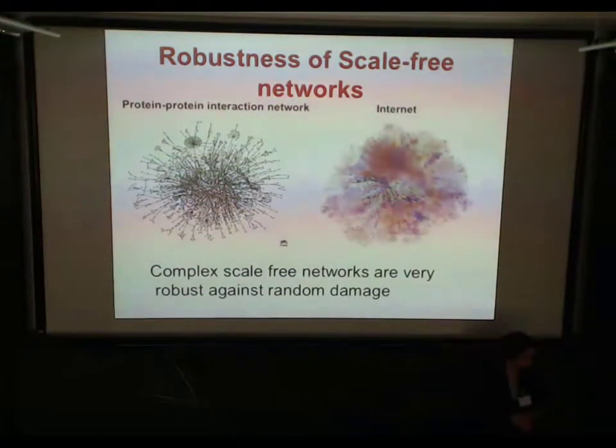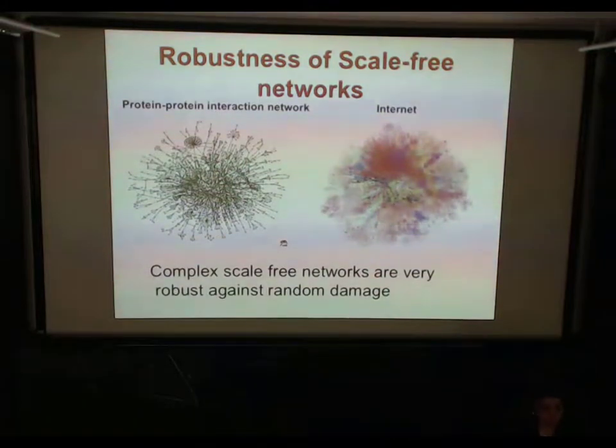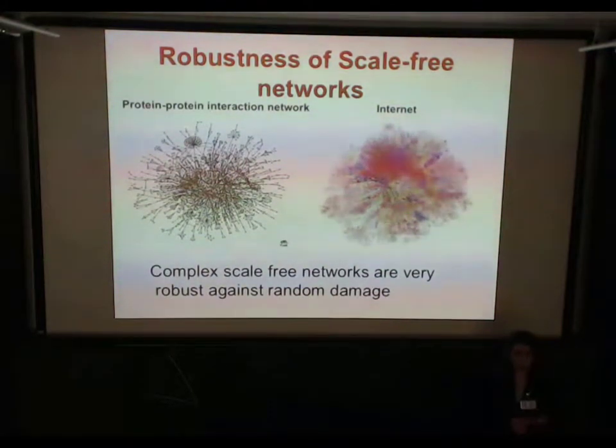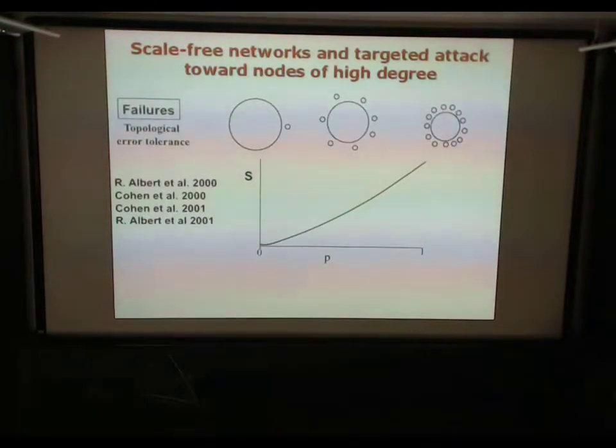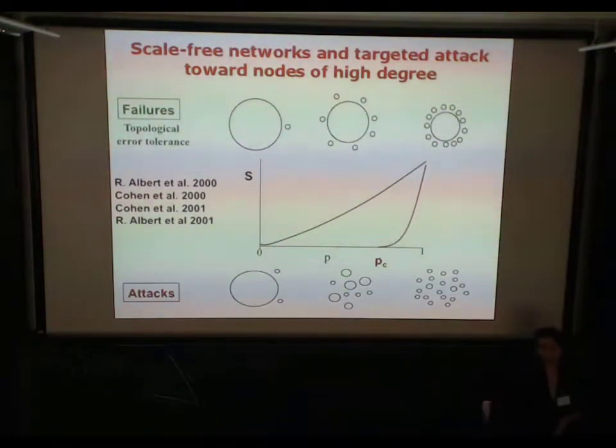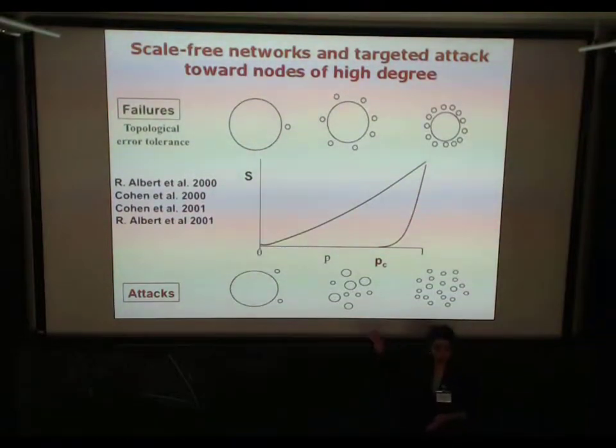So if the damage is random, then these systems are quite robust to damage, and this explains why the internet or a biological network might have this topology. But actually, as was said, if you have a targeted attack, then the percolation threshold pops up, and these systems are more prone to being dismantled in this case. So this is a kind of explanation of why we observe this scale-free degree distribution so widely, and why people are interested. It's not the only case.